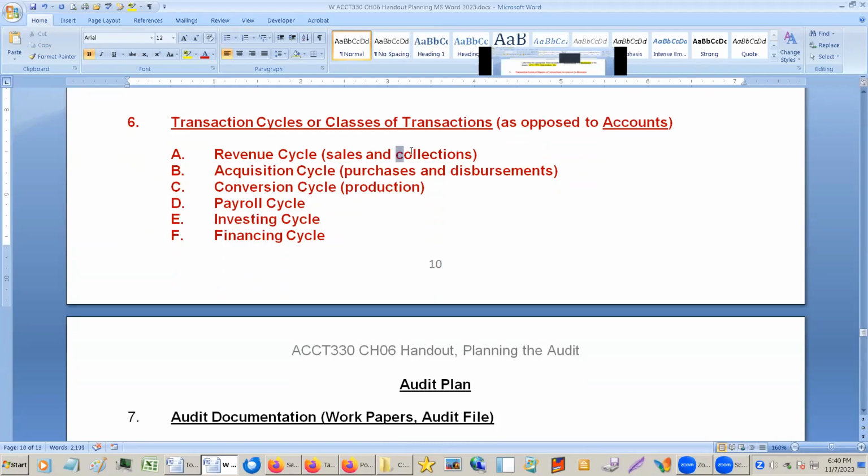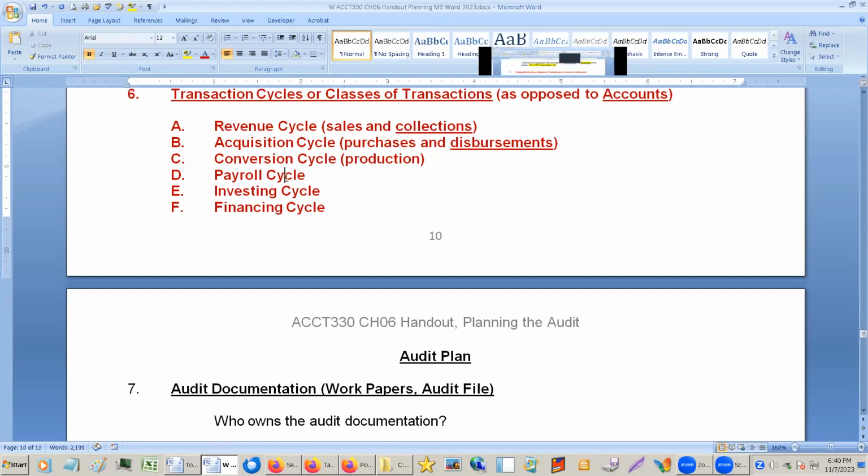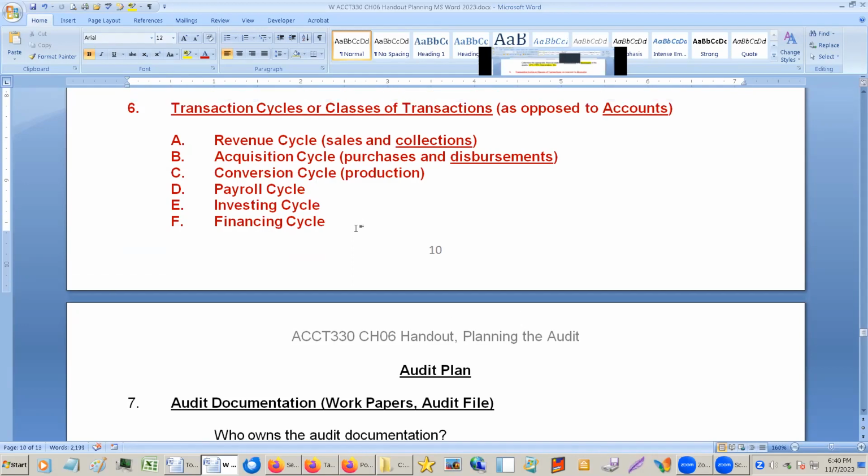So like sales and collections, this goes into cash, collecting the cash. Acquisition cycle, disbursements, that's cash. Conversion is making a payroll cycle, paying off in cash, investing cycle, finance cycle. They all have individual accounts associated with them. The account testing themselves has not changed. It's just how they group those. You might group more than one together, sales and cash receipts. You would group those together rather than